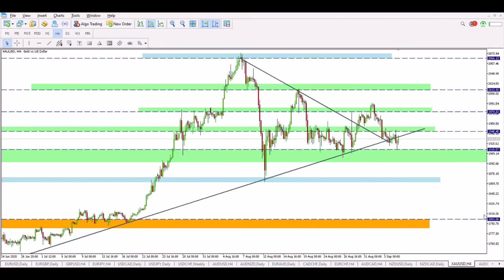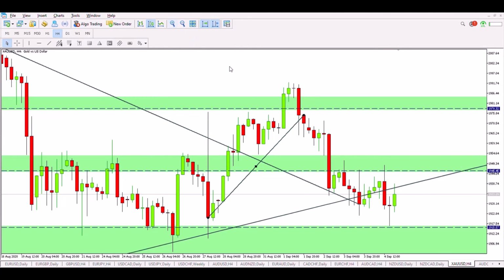The next pair is gold. We can't make this video without gold, one of my favorite pairs for the last 2 weeks. So what we clearly can see is that we had a nice push to this zone, and I took a trade from this support zone. I expected a little bit higher move to the next resistance, but I had to take my profit somewhere here, because on the 4-hour, which is this chart right now, you can see that the price did this nice bearish sell signal. So from there we took the bearish direction,